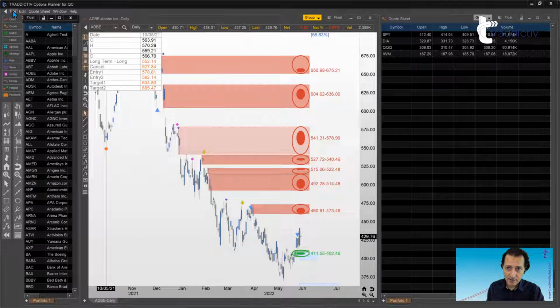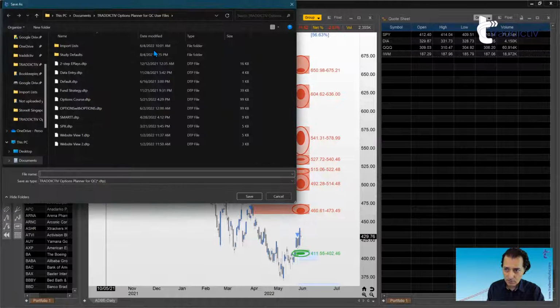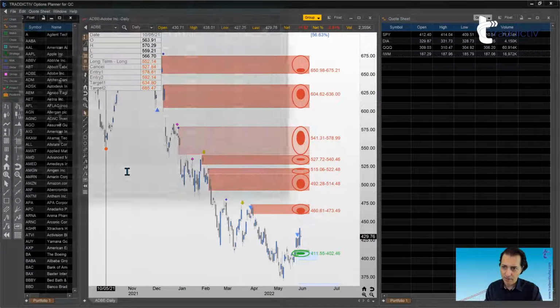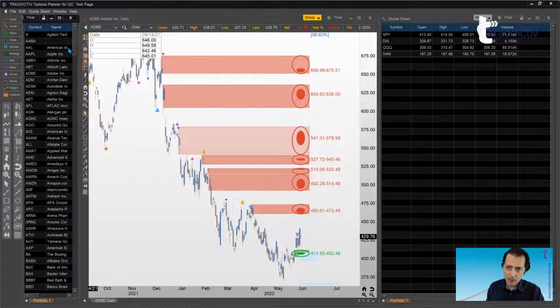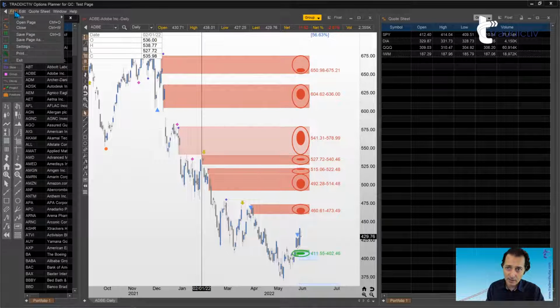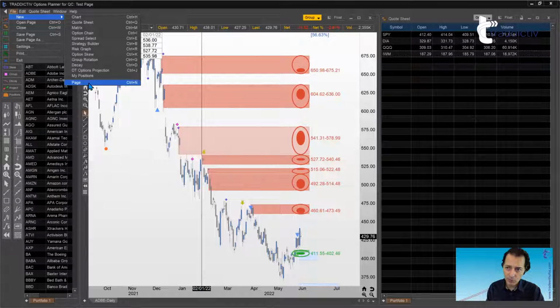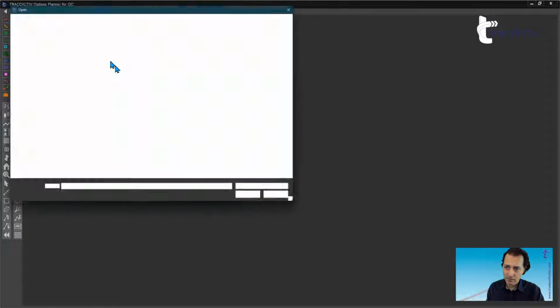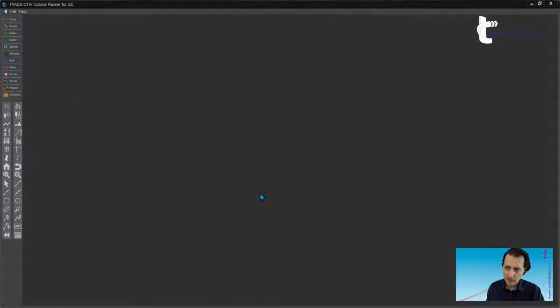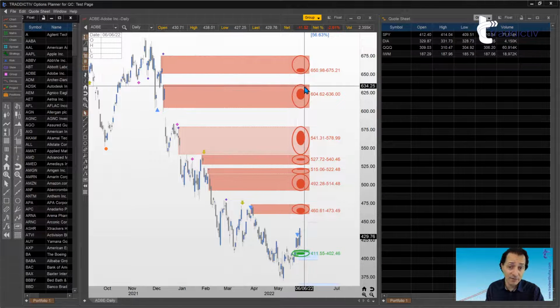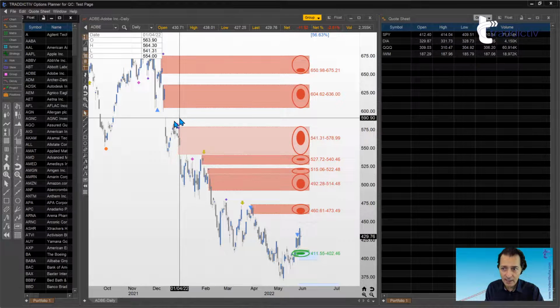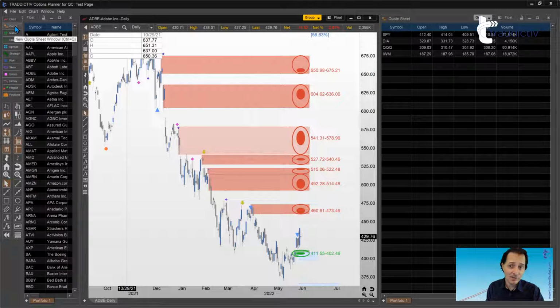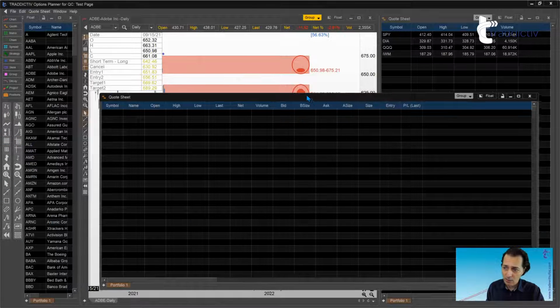In that sense, if I save this as a page, test page, those quote windows are being saved. Again, if I open a new page and then I go back to open my test page, notice how those quote windows are in place and the information contained inside is remembered. Whereas if I open another quote window, it doesn't matter if I am in this test page or outside it,